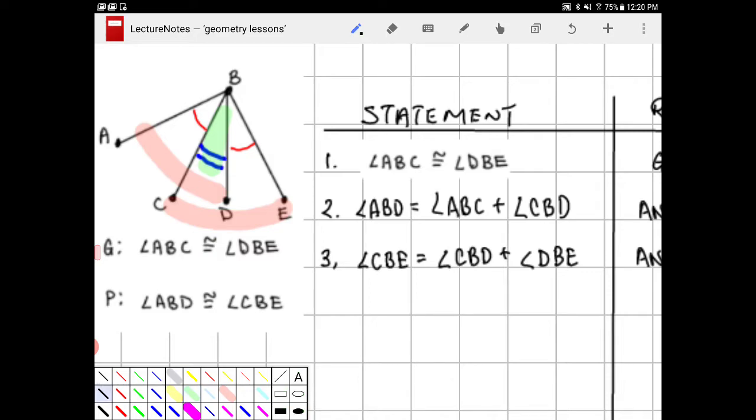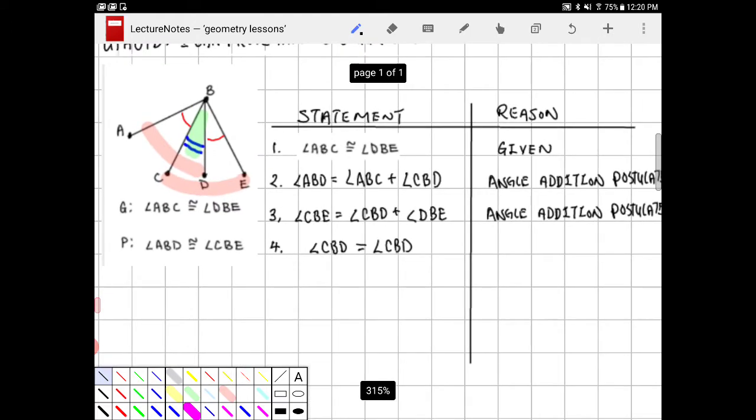So I recognize that angle needs to be in play here because that angle is actually a part of angle ABD and a part of angle CBE. So I'm just going to simply place that in there, so I know that angle CBD is going to be equal to angle CBD. And this is, again, a standalone fact that something will equal itself, and this is true because of the reflexive property. What we can do with this right now